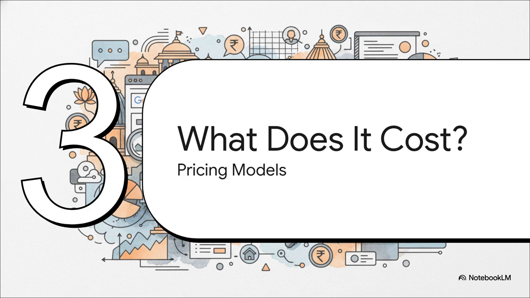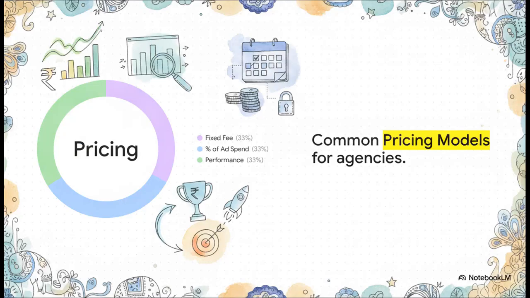Which brings us to Section 3, the million-dollar question. What does it cost? Now, what's really interesting about this slide is how the industry breaks down fees. You're generally going to see 3 common pricing models out there. There's a fixed monthly fee, a percentage of your total ad spend, or performance-based pricing, where they earn based on the actual results they deliver for you. Keep in mind, though, that the exact numbers are going to vary based on your monthly ad spend volume, how complex the campaigns are to build, and just how fiercely competitive your specific industry is.